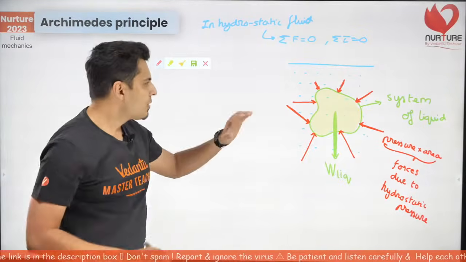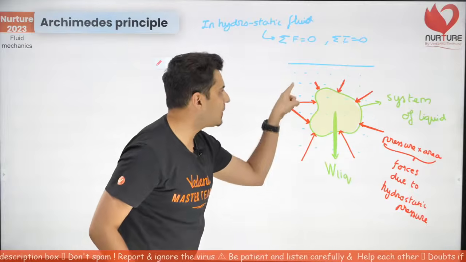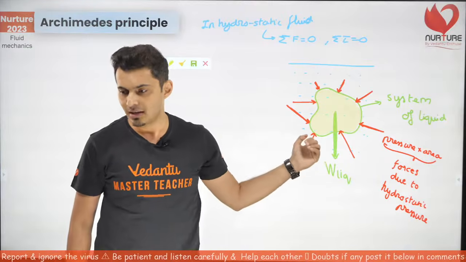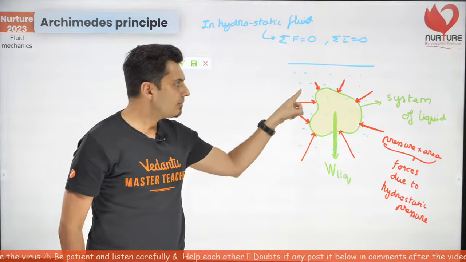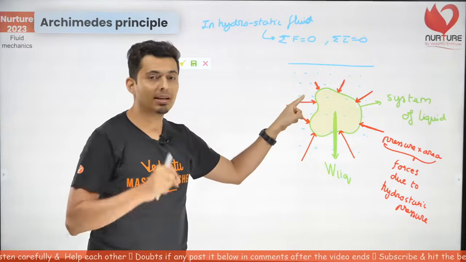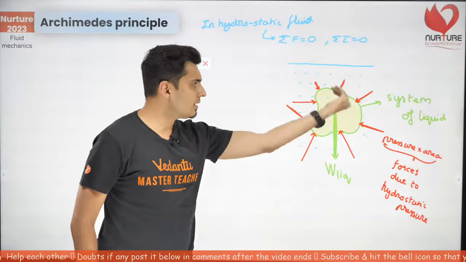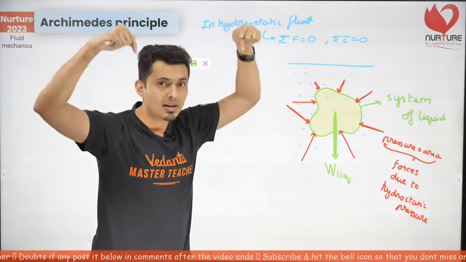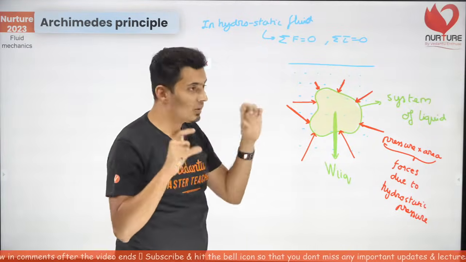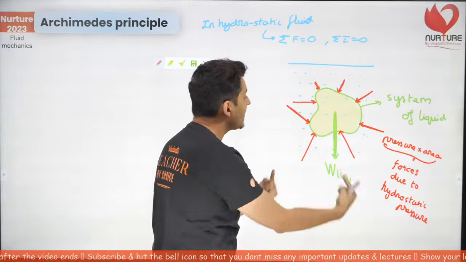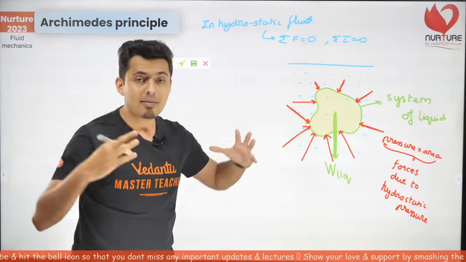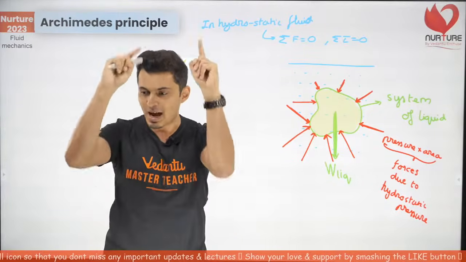Now, if I ask you, do you think all these forces, the red arrow marks, will cancel each other? What do you guys say? Think about it. Hi NV18, hi Manjunath, hello, welcome aboard. Think, will all these forces cancel each other? Think carefully. The length of the arrow marks is very important. I know all the forces are there from all the sides, but the arrow marks which are pointing down are smaller in length, but all the arrow marks pointing up are larger in length. So where will the net force be? The net force will be upwards.